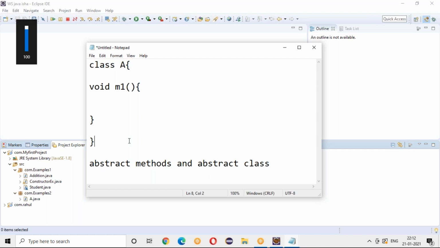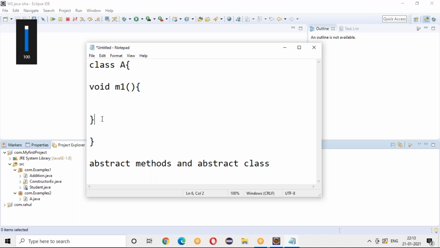Here, I do not want to write the logic for some kind of method, or rather you do not know the logic of some method. For example, when you have written a method, you know the logic, but assume that as a developer in some class you do not know that logic, but you want to write that method there. Then what you do is declare that method as an abstract method, where the method will not have a definition. The method will have only the declaration.